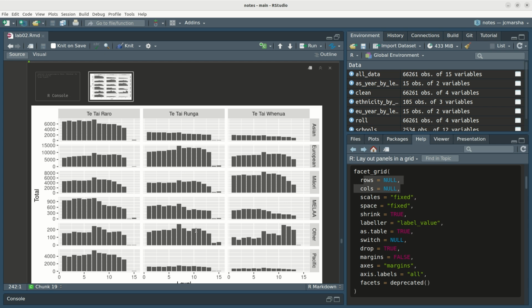So now you can better see differences between the pattern. Now there are some differences, obviously, between Te Tai Raro, Te Tai Runga and Te Tai Whenua, but you can see that they're very dependent on the actual ethnic group. So for example, Te Tai Raro, which is Auckland and above,